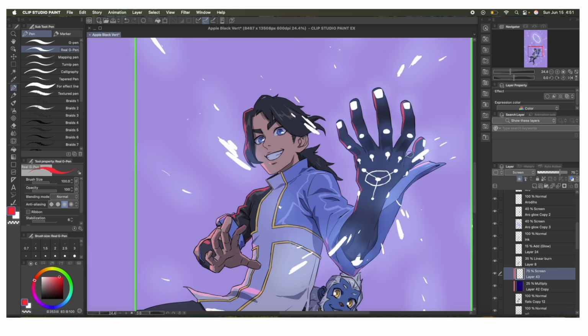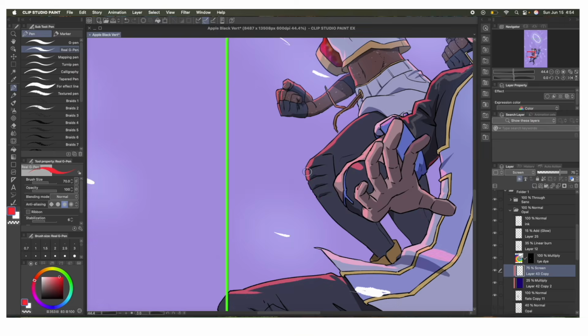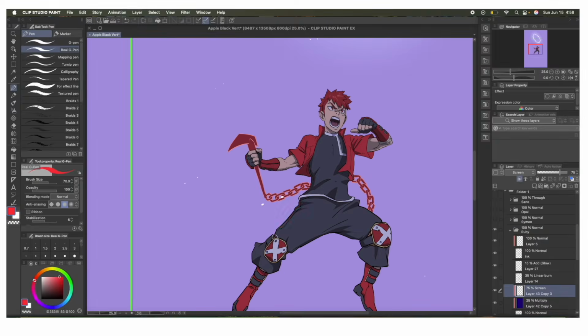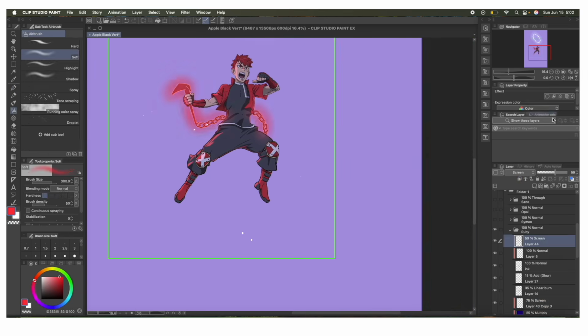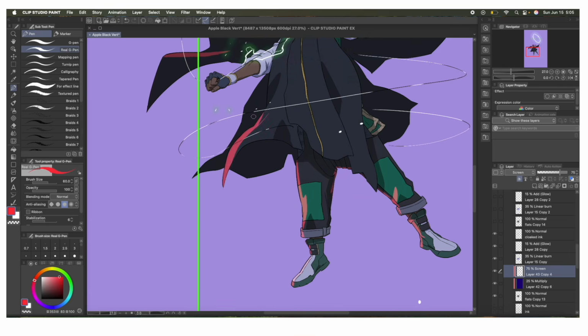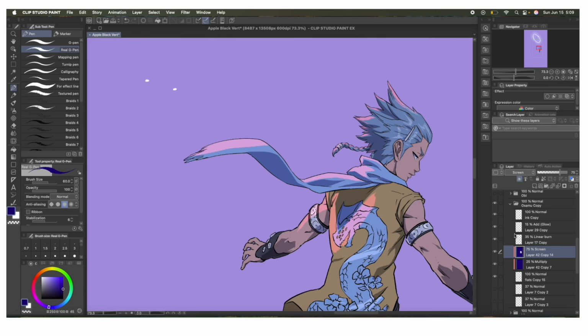I highly recommend you guys play around with blending modes, opacities, adjustment layers, effects, blurs, and all of that. Chromatic aberration, all these things. Just having it in your toolkit keeps the wheels turning in your head. And you can come up with really interesting combos when you mix and match all these effects and filters and yada yada yada. But for each of the layers that I create for each of these characters, on this new